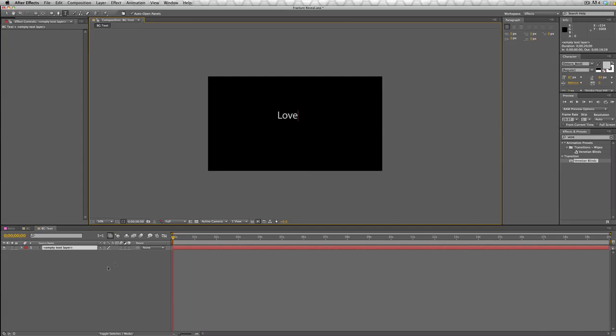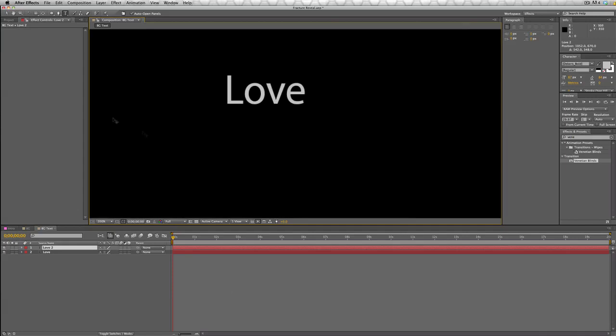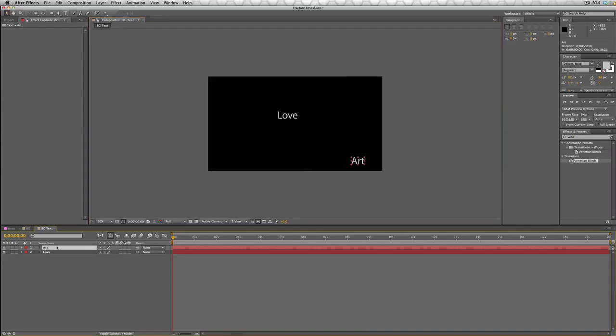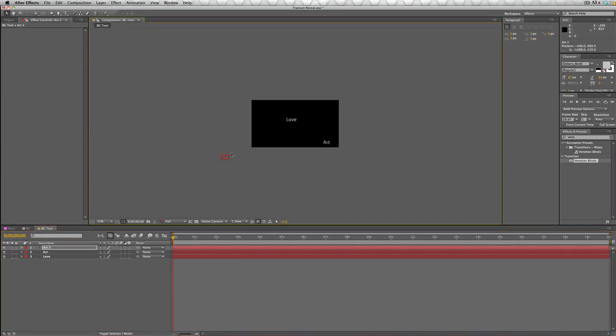love, duplicate it by hitting Control D, then bring it over, type something like art. We can duplicate this, Control D, move it over here, and it's okay if we go off screen because this is going to be a 3D layer eventually, and so we kind of want it to be off the screen. We'll type this one and make this one be design maybe,